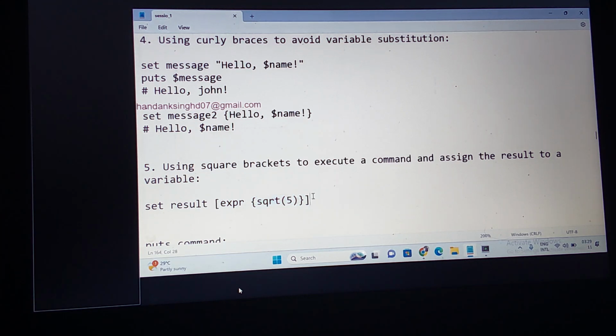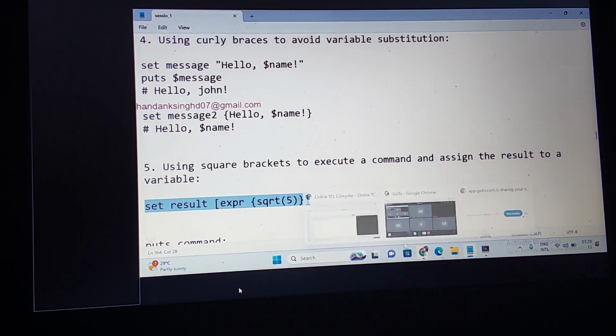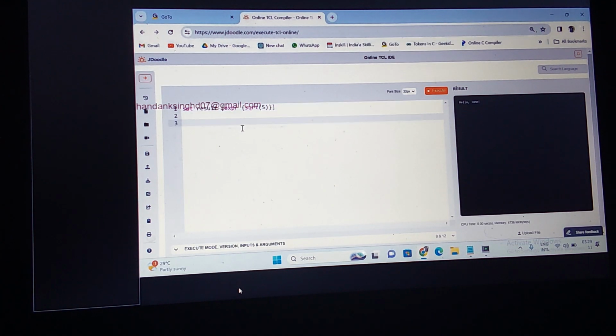Now it is going to print the square of 5. What is the square of 5? It is nothing but 25. How to print the value of the square of 5? What do I need to use? Puts dollar symbol result, right? Dollar symbol result, the content of the result. Now what will the square of 5 do?